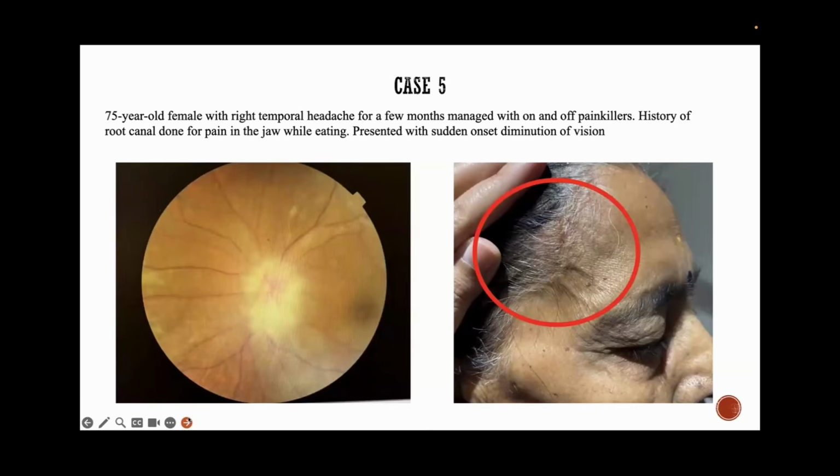So even though this is not a common presentation in your OPD, if you see such a patient complaining of temporal headache, some jaw claudication, some weight loss, and this kind of prominent temporal arteries, I would really give it a thought about giant cell arteritis, especially when the age is in the 70 to 80-year-old bracket.